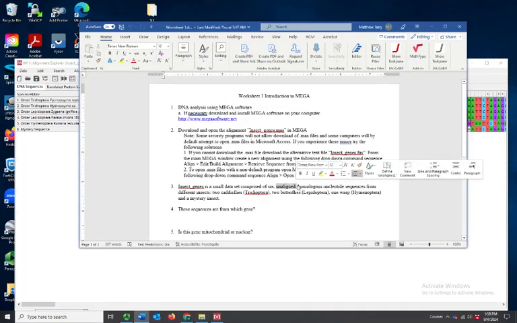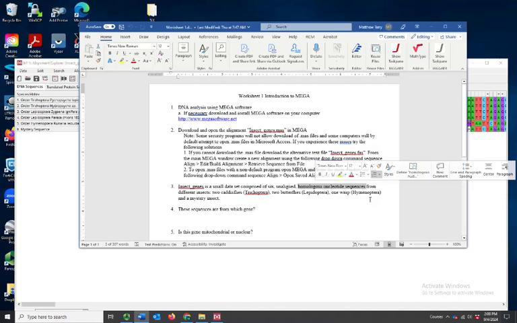These are unaligned sequences. We'll talk about that in a minute, but it just means they're raw sequences. These were downloaded from NCBI, the online database, and these are homologous nucleotide sequences, or you could say homologous genes in this case. Homologous means they come from the same ancestral gene. So if we were to find the common ancestor of all 6 of these species, we would see this same